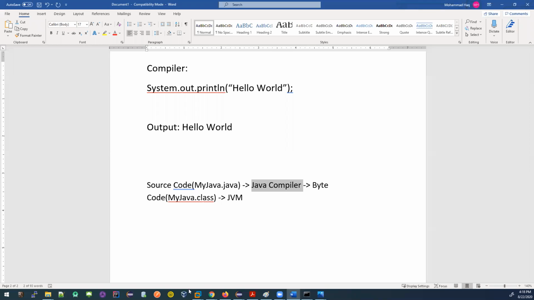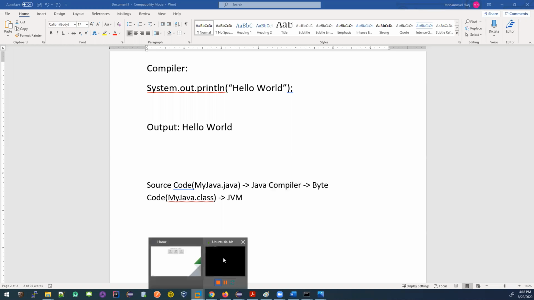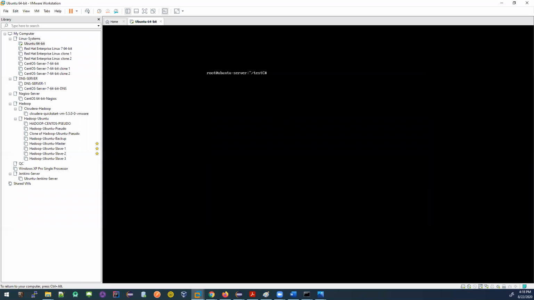Let me give you some examples. Just hang on with me. Say this is the command prompt. You guys can see the screen, right? This is a Linux operating system. This is a virtual computer. So if I open up this code, I know it's a very small test, but try to understand.